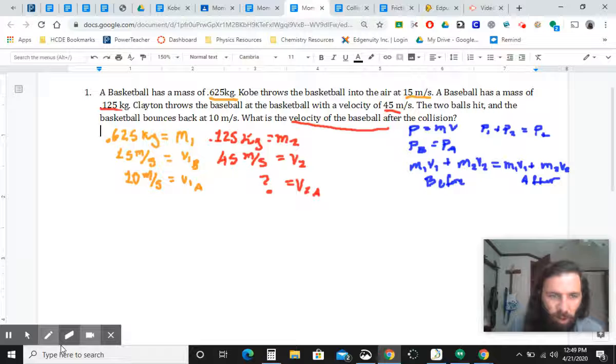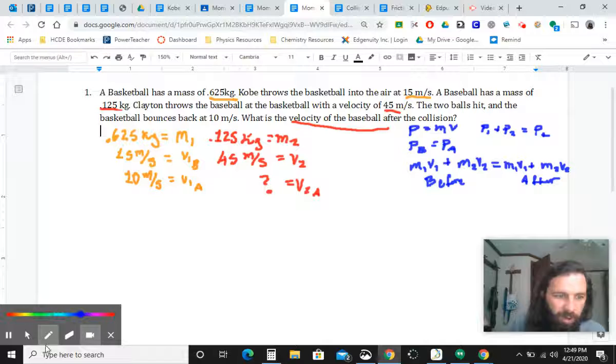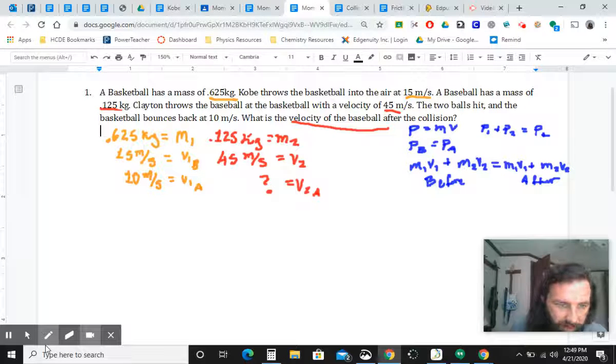Hooray. So let's take this equation here, this big long one that we just wrote, and we're going to plug in each thing from the word problem. So M1 is the first thing we need to worry about right here. M1 is going to be, we said, 0.625 kilograms. So I'll write that right here,